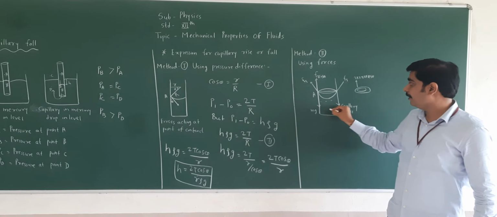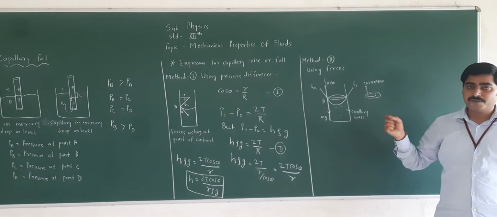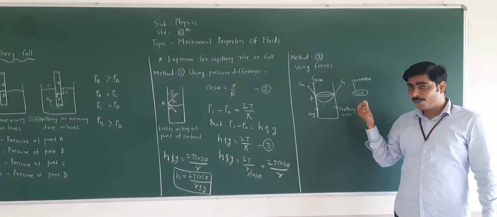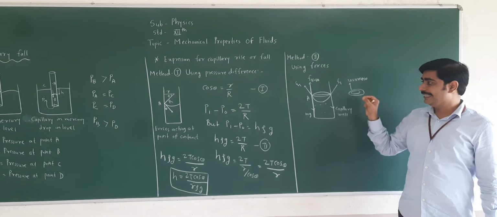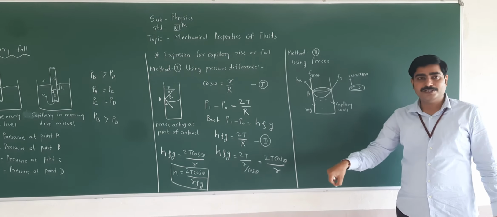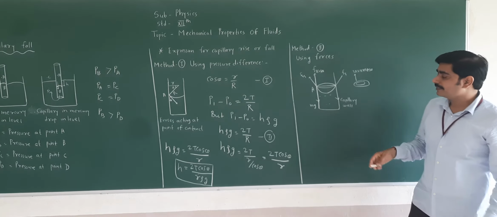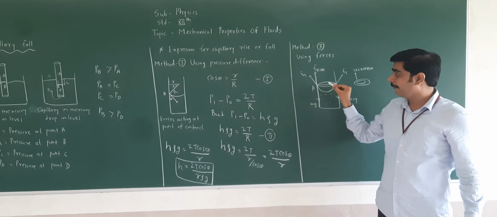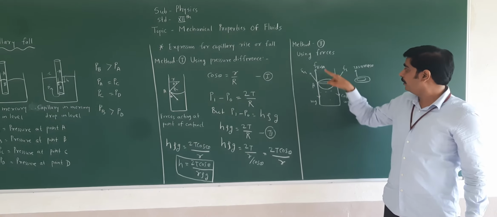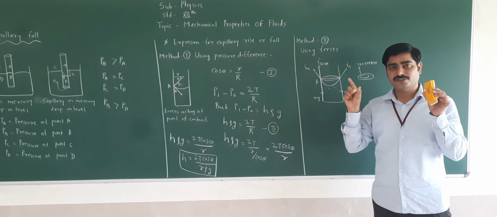So while writing the equation, what you have to do? Remember, same method. First you should draw the diagram. After drawing the diagram, you should explain the diagram in your own words. So how can we explain? We should write that in the given diagram, it is observed that a capillary tube is dipped in the water so that the liquid level rises. Let us consider capital A be the point of contact, and Ft cos theta, the vertical component, will get balanced with the weight mg. So that is the explanation part.